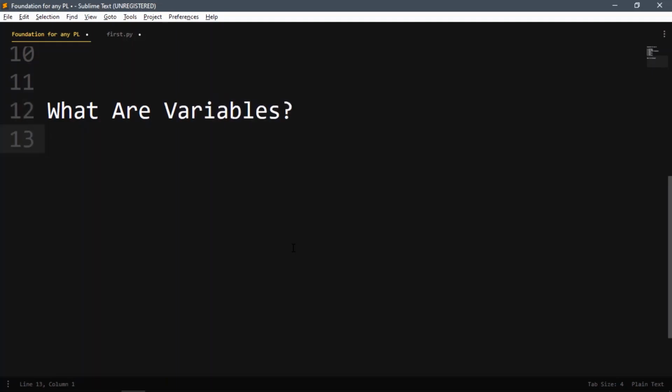Variables are nothing but containers. You can define it in a single line. So, Nikhil, what do you mean by containers? What is the major use of a container? It's used to store something, right? We store something in a container. In the same way, we store something in variables. Variables are nothing but containers.